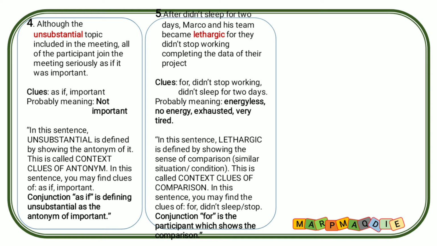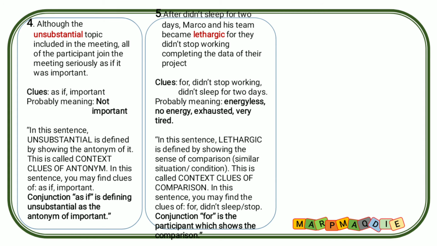for they did stop working completing the data of their project. The clues that you can find here are "didn't stop working" and "didn't sleep for 2 days." So the probable meaning of "lethargic" here is energyless, no energy, exhausted, or very tired. In this sentence, how you can define "lethargic" as something energyless or no energy is because in that sentence, the word "lethargic" is defined by showing you the similar situation, or this is what we call context clues